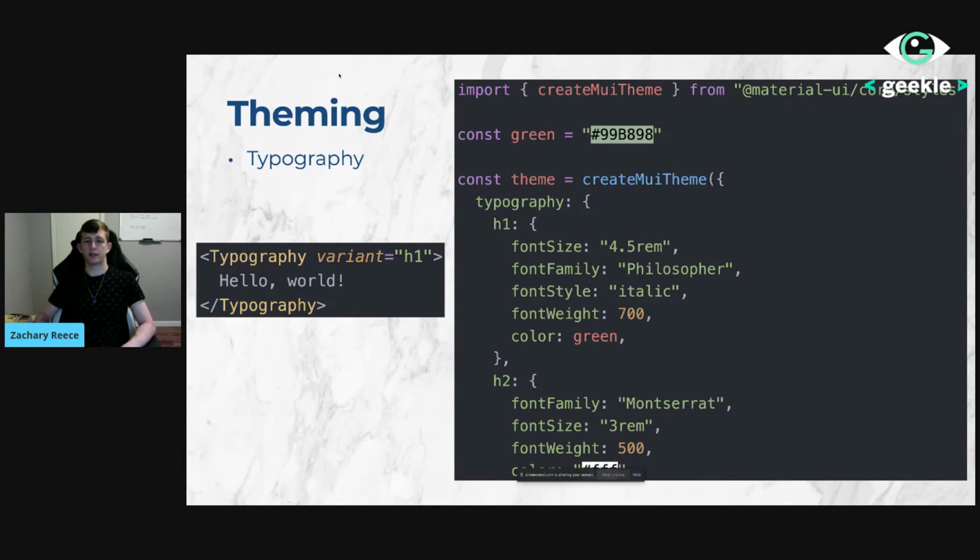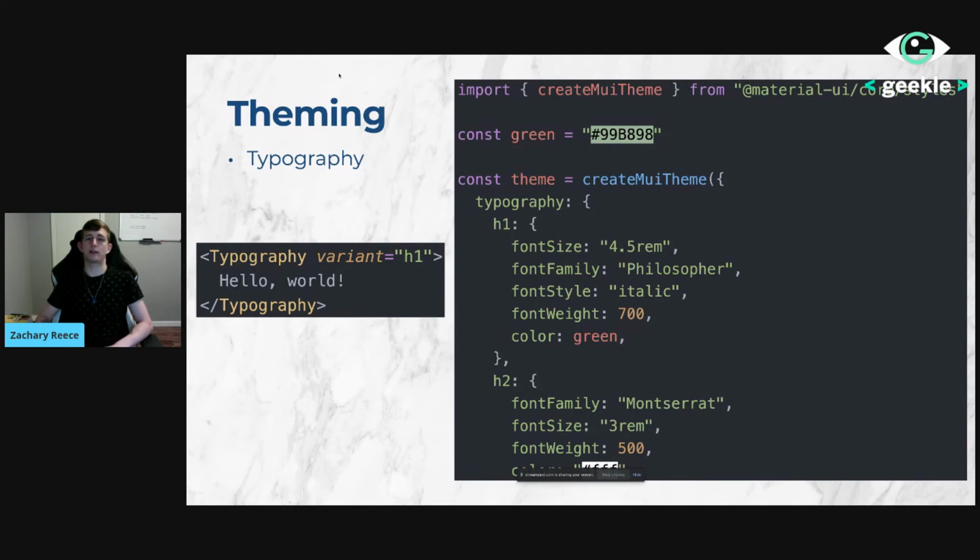The typography section of the theme is used for centralizing all of your text styles. So they break down the text for each of your H tags, like H1, H2, and so on, and also give some other options like body 1, body 2, subtitle 1, subtitle 2, or caption for different text styles that you may have in the application. This makes it so simple to maintain consistency throughout your application using an explicit hierarchical text system. So as you're coding, you just have to use the typography component and specify which variant you'd like to have